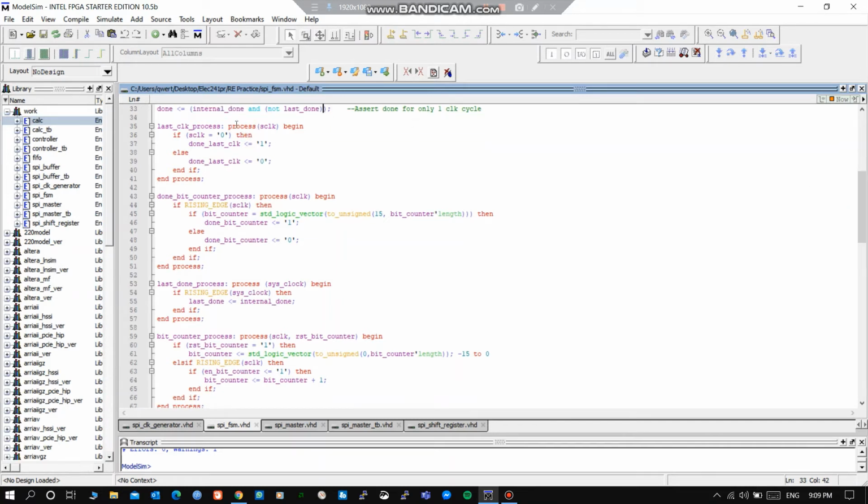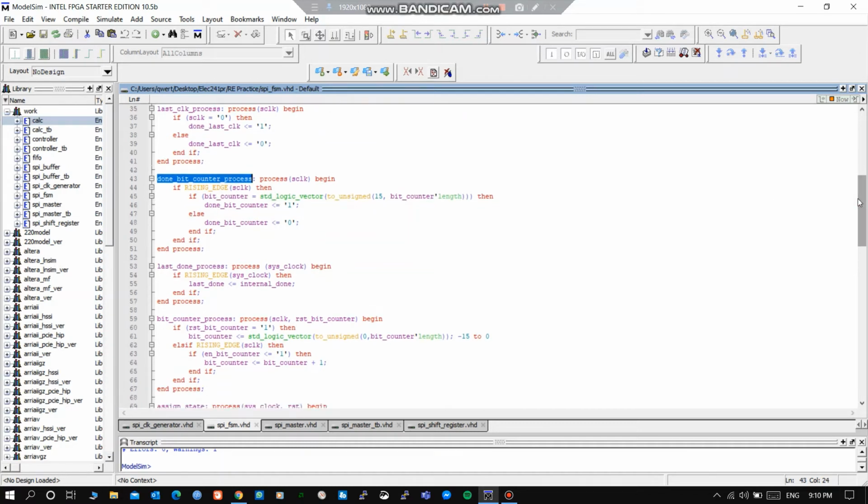And so now I've added the process of SPI clock, which clocks the last clock process. I've named it that as well. So when the SPI clock goes to 0, last clock is 1, else it is 0. I've added a bit counter, which will count the bits, and when it does,